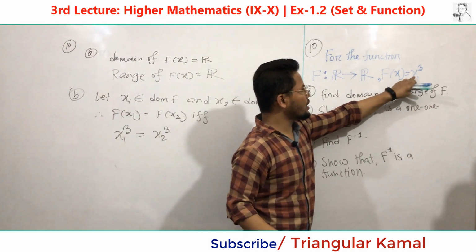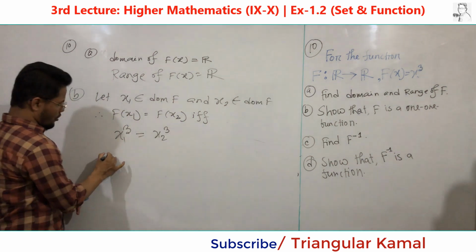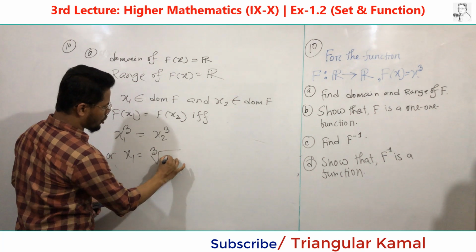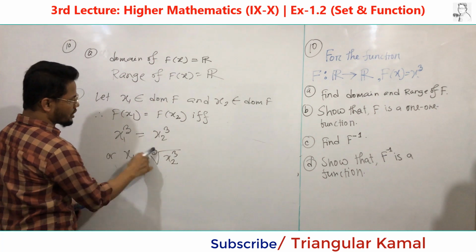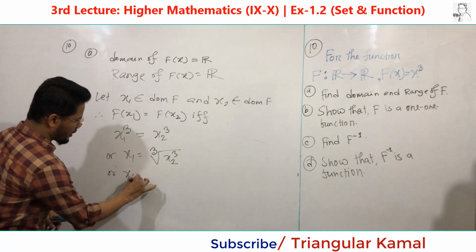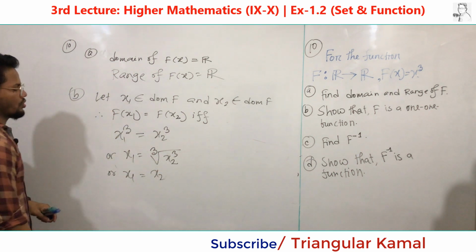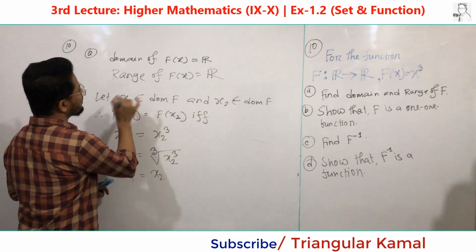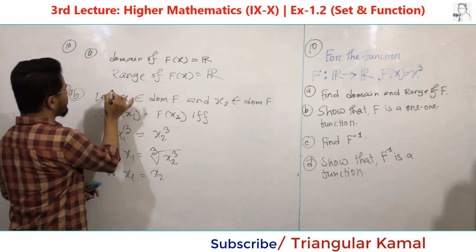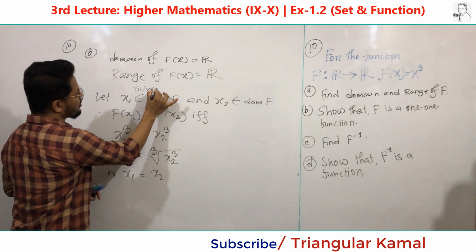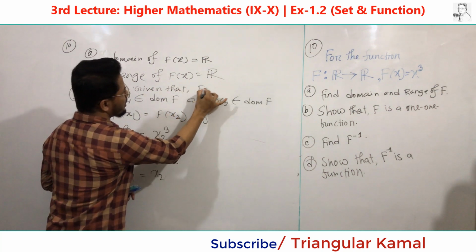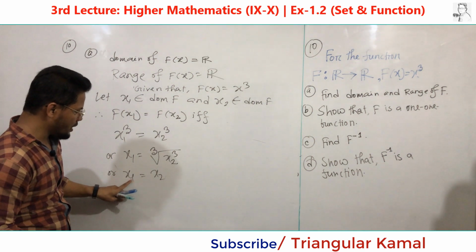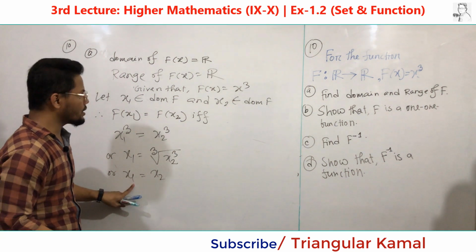Just applying here, x1 cube will be x2 cube, or x1 will be the cube root of x2 cube. Now x1 is equal to x2, and this indicates that f of x, the given function. For part b, you can write given that f of x equals x cube, and finally you get x1 equal to x2, and this indicates that f of x